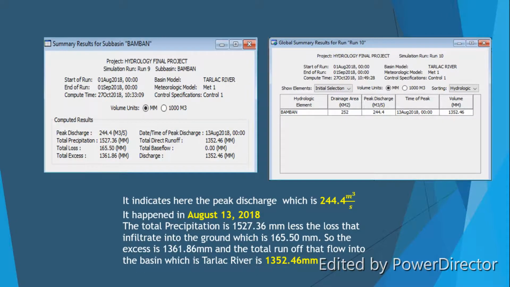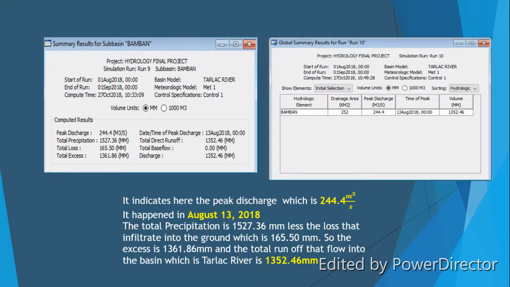The summary of results for sub-basin Bamban. It indicates here the peak discharge, which is 244.4 cubic meters per second. It also happened on August 13, 2018. The total precipitation is 1,527.36 millimeters, less the loss that infiltrates into the ground, which is 165.50 millimeters. So the excess is 1,361.86 millimeters, and the total runoff that flows into the basin, which is Tarlac River, is